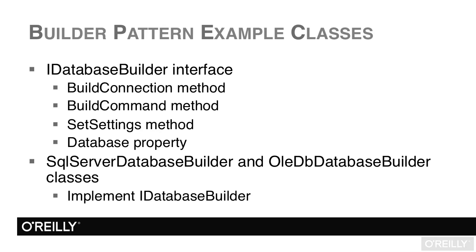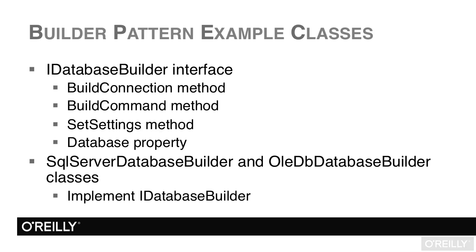And it might handle the events. So an interface can declare the properties, methods, and events of an object. However, an interface is not an object in itself. It's basically just a contract. So there is no implementation in the actual interface. So iDatabase Builder doesn't have any implementation for build connection or build command or the database property. It's just saying, this is the method signature, this is the property type, and here are the names of the methods and the properties. Any class that implements the interface has to implement those methods and those properties that are declared in the interface. So that's the contract part.